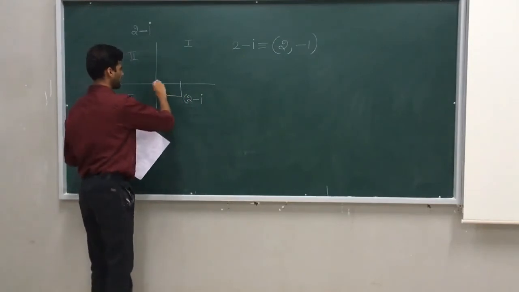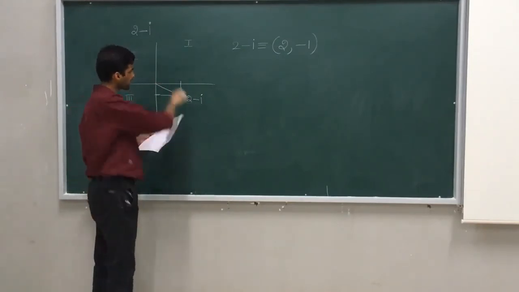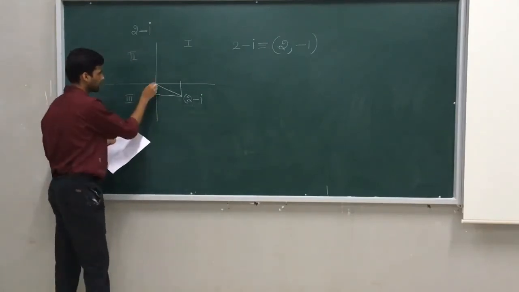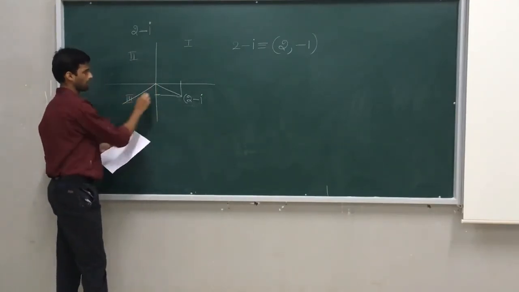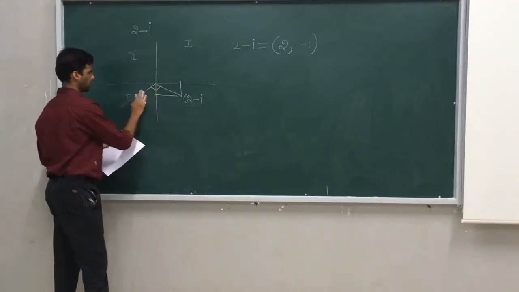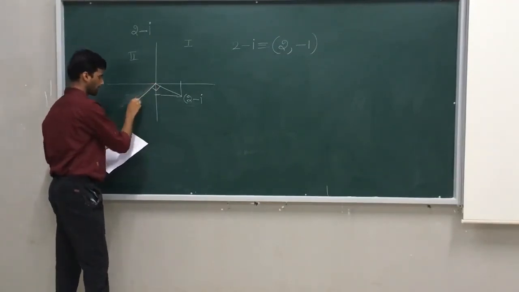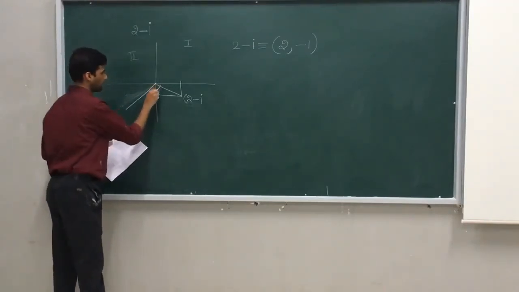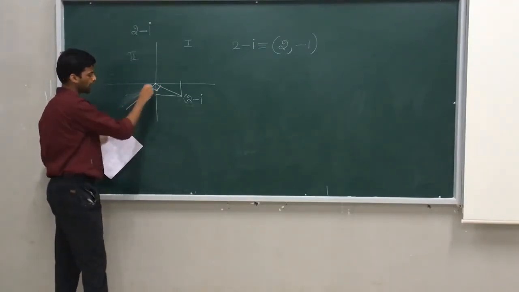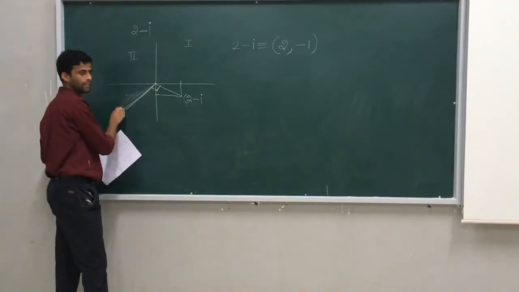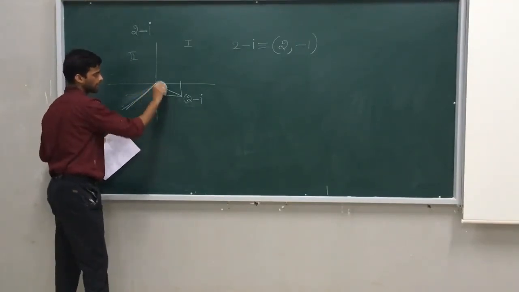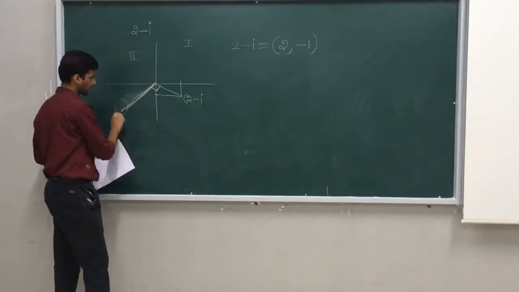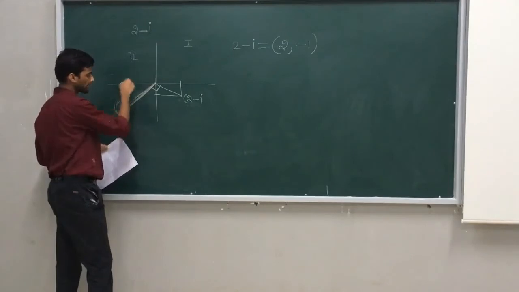They told that this point is rotated in the clockwise direction through an angle of 90 degrees. Means it will come here. Now it gives you a 90 degree angle. What is the new position? Means while rotating in a clockwise direction through an angle of 90 degrees, this is the clockwise direction. It is a 90 degree angle it formed. So its position comes in which quadrant? Its position comes in the third quadrant.